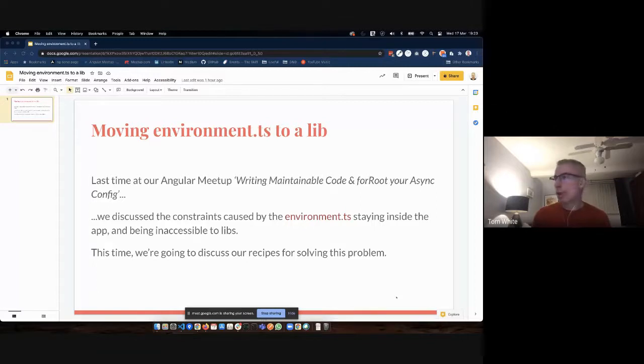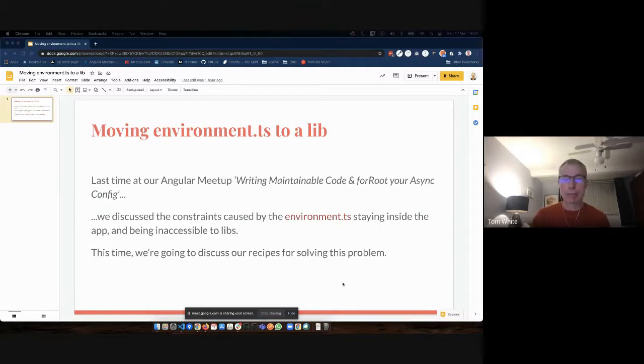But what I'd like to do is show you how I've moved my environment.ts. What I should say is that last time I actually felt against it. I felt that it should stay in your app and maybe shouldn't move at all. But then I did, well, you know, let's try it because it's not that difficult, is it? And it turns out that it's actually really easy. It's so simple, in fact, that maybe we should be moving it when we're in a situation like where we've got a lot of libraries, particularly if we're using something called